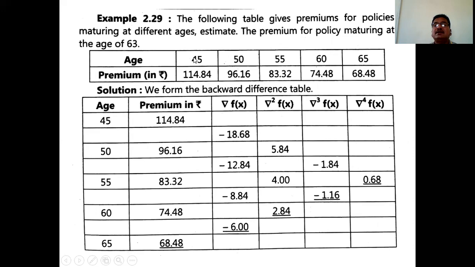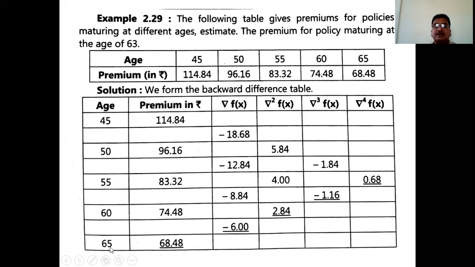So write the first row as the first column, that is the values of x, the second row as the second column, that is the values of y or f(x), and then del f(x), del square f(x), del cube f(x), del raised to 4 f(x). Again, the values of x or y are 5 in number, and therefore the last column is del raised to 4. Then write this minus this at this place, this minus this at this place. The entries in the backward difference table and forward difference table are both the same, and these values are important.